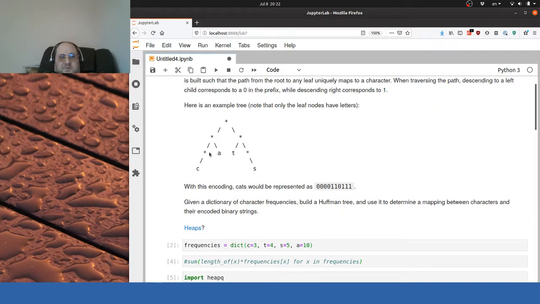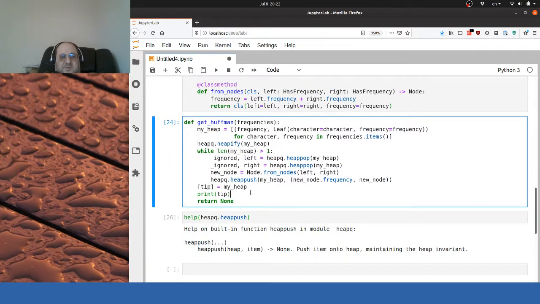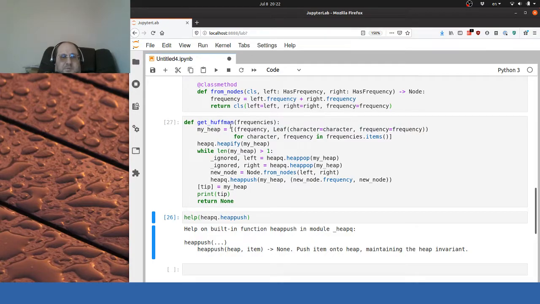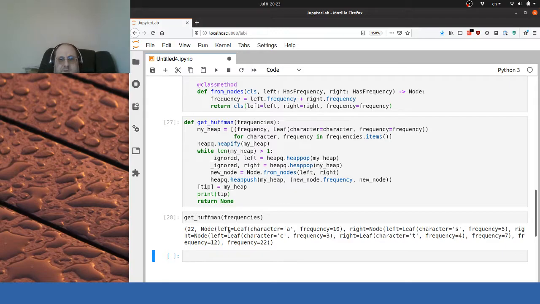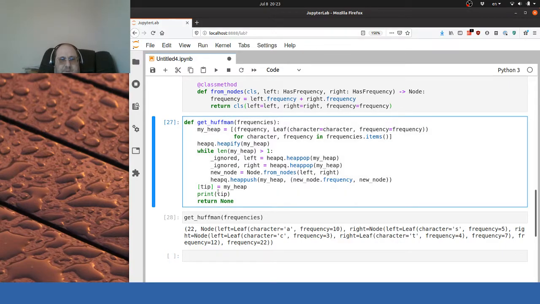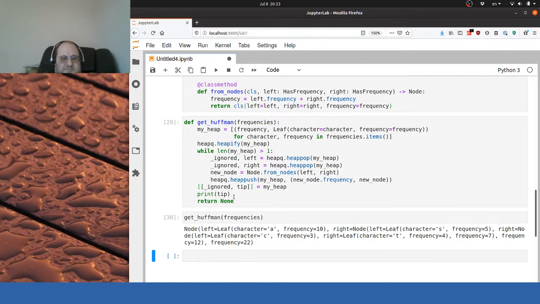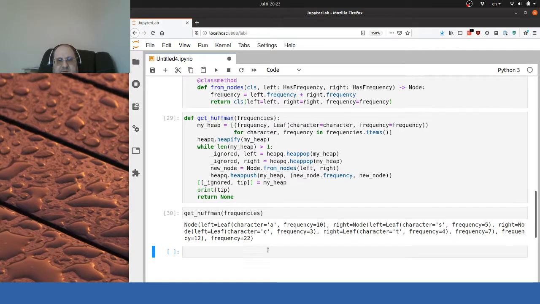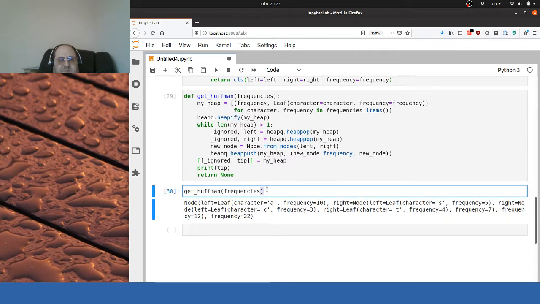Right, at this point we're building the tree, not the encoding, but the tree. But that's a good first step. We're building the tree. We might want to refactor it later, when we will do that later. But get Huffman frequencies, right? So oh, and right, we actually want to structure it a bit more. Yeah, we want to have the node, right? And this is maybe an annoying way to print a tree, but it does print. So let's